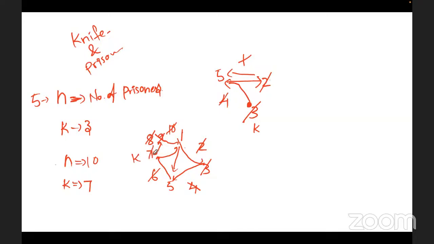5 kills 7 and passes to 1. At last, 1 will kill 5. So if the n value is 10 and k value is 7, the answer is 1. Super. So likewise,